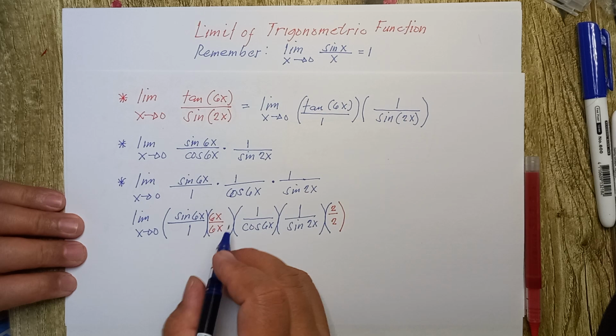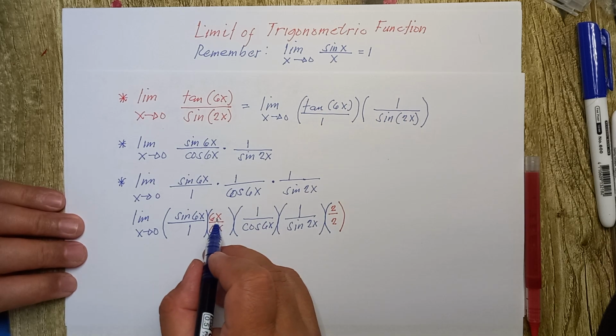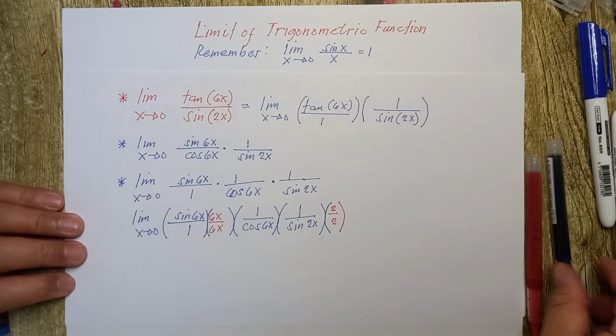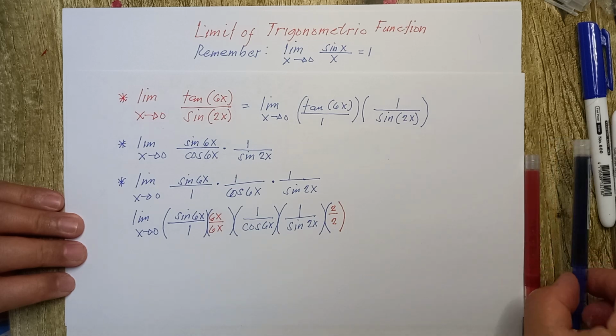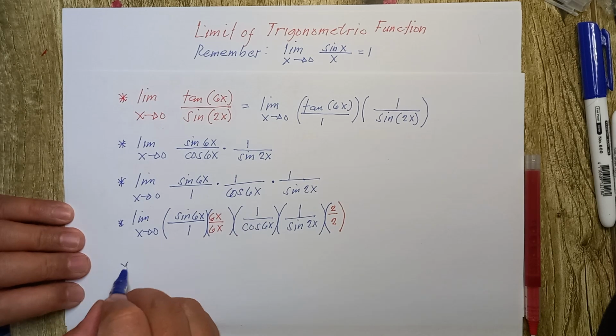Remember in here, when we are going to multiply this one, there is remaining 6x in here, and the x in here can be multiplied in here. So if we are going to have that one, multiplying them now, we do have now the other statement,